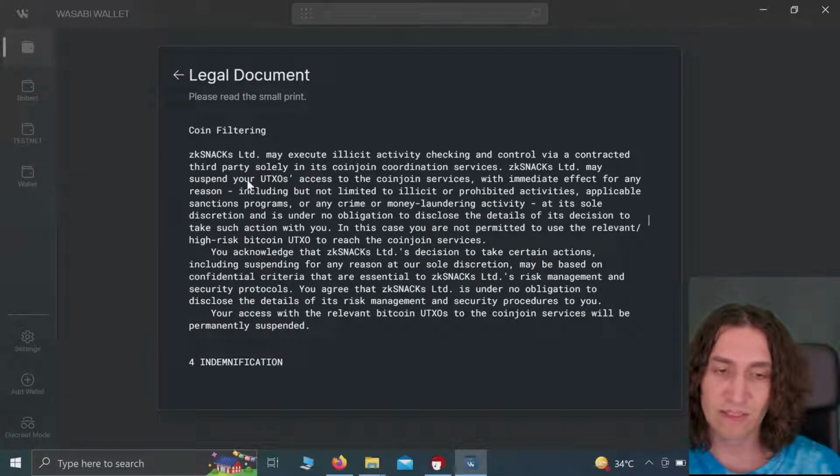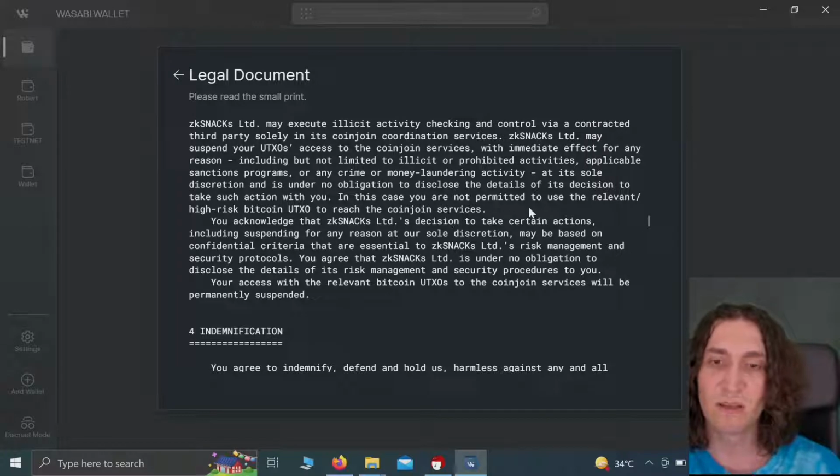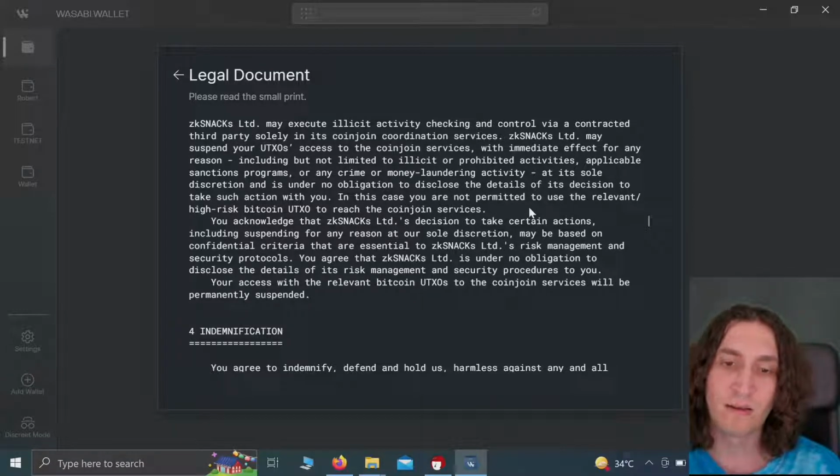So ZK Snacks may suspend your UTXO's access to the CoinJoin services with immediate effect for any reason, including but not limited to illicit or prohibited activities, applicable sanction programs, or any crime or money laundering activity, at its sole discretion, and is under no obligation to disclose the details of its decision to you. In this case, you are not permitted to use the relevant high risk Bitcoin UTXO to reach the CoinJoin services. Basically, Wasabi 2.0, when they implement the filtering, because it's not in place yet, as I mentioned like 3 times before, they are going to...